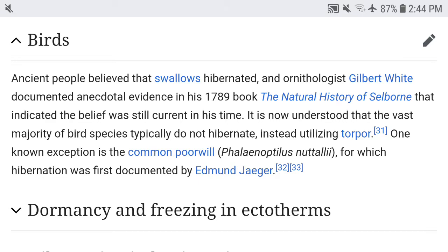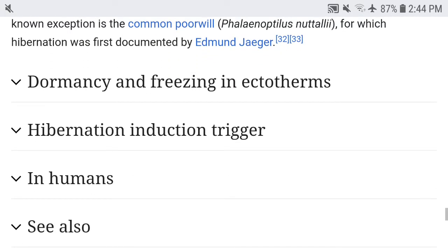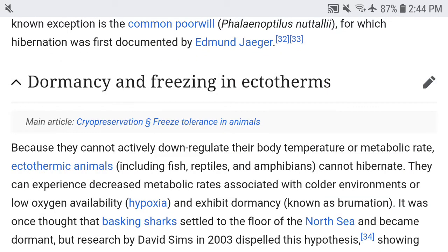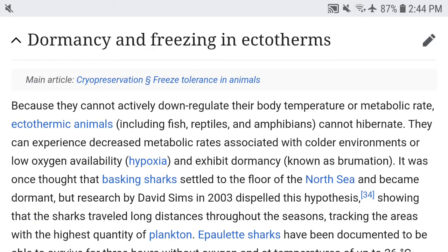One known exception is the common poorwill, for which hibernation was first documented. Dormancy and freezing in ectotherms: because they cannot actively down-regulate their body temperature or metabolic rate, ectothermic animals, including fish, reptiles, and amphibians, cannot hibernate. They can experience decreased metabolic rates associated with colder environments or low oxygen availability and exhibit